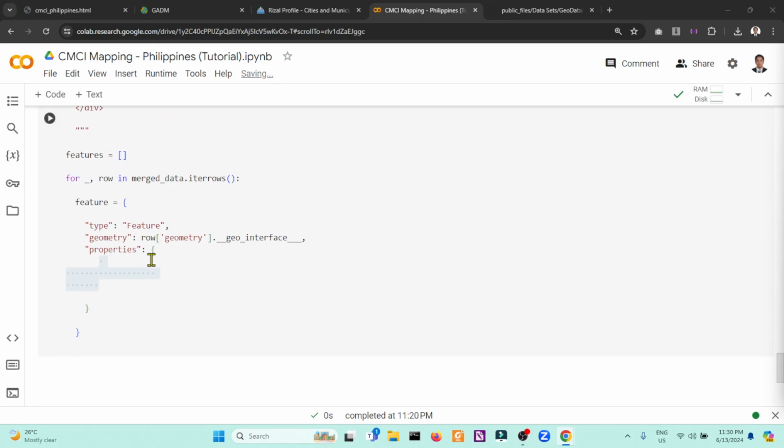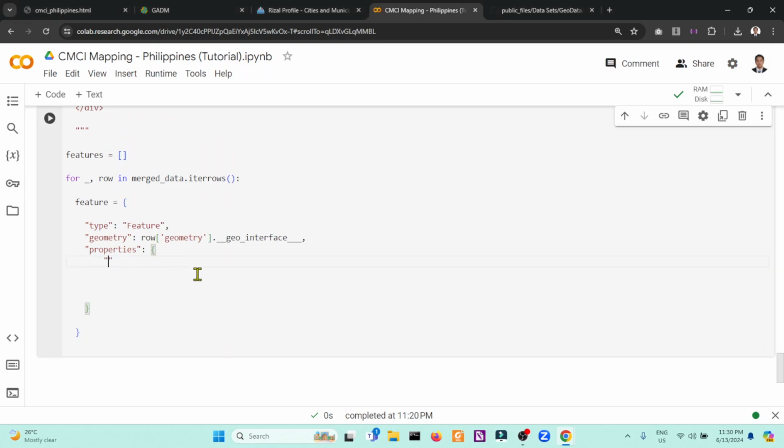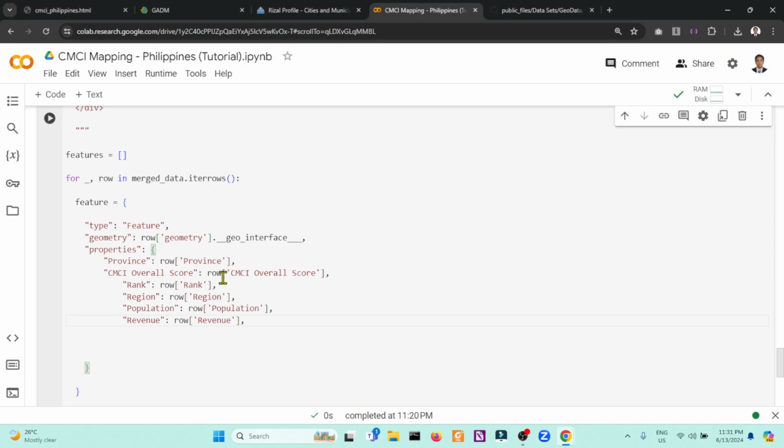So let me see. For our first property, we have province, which is specifically row of province. So it sets the province property. Then, in the interest of time, fast forward. I will assign such properties that match our merged data frame.